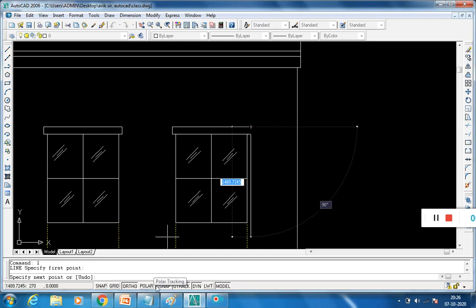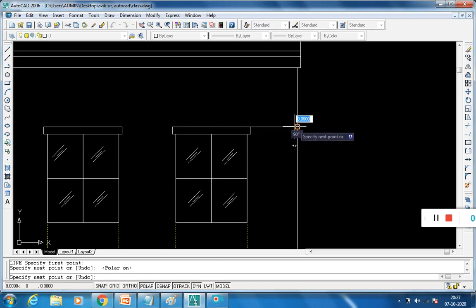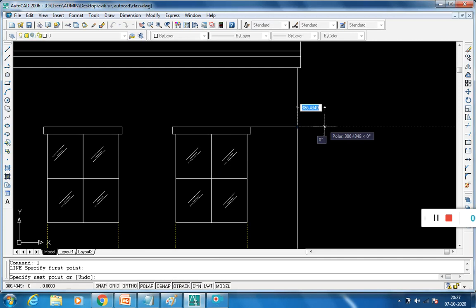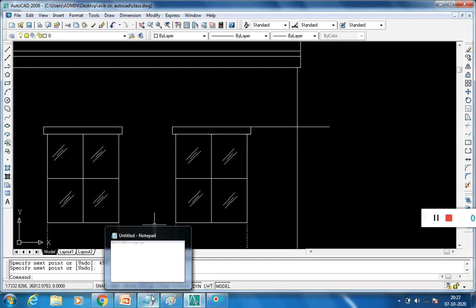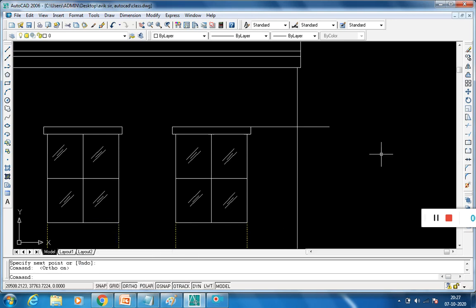Again polar mode. Okay, so again use the line command, and this length is, you know, the 450 width. So enable ortho mode. L enter.